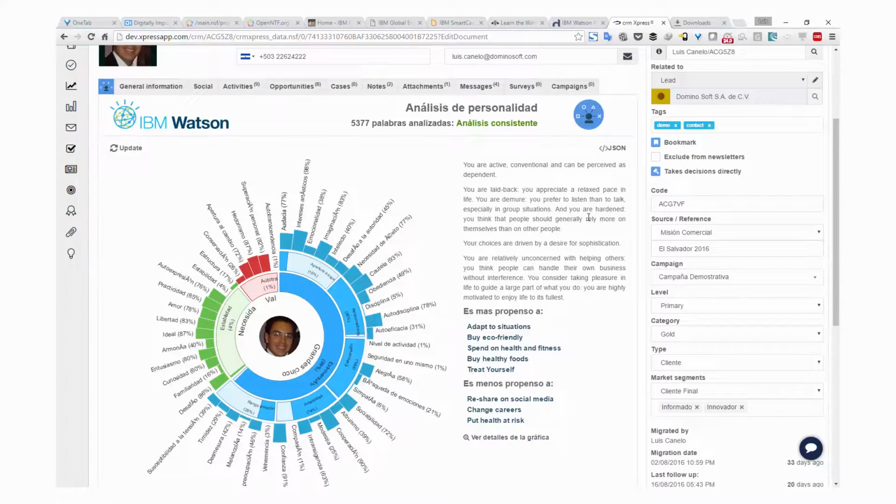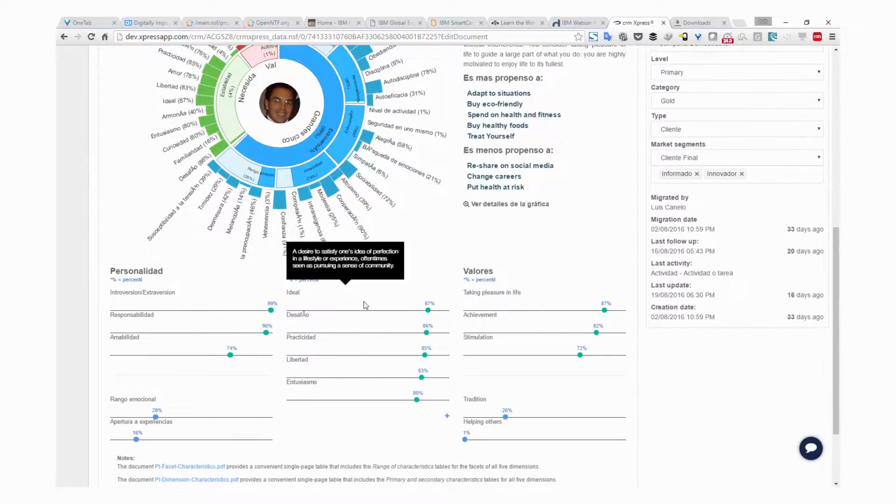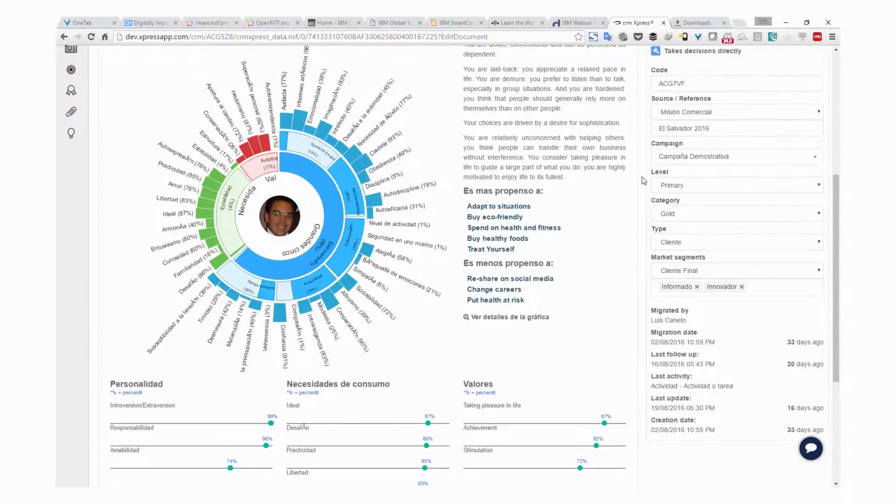It's not only to see the graphic information and to know, for example, the traits of the Big Five, consumption needs or values that this person has. It's not just to see how these people tend to be in real life, but this is a way